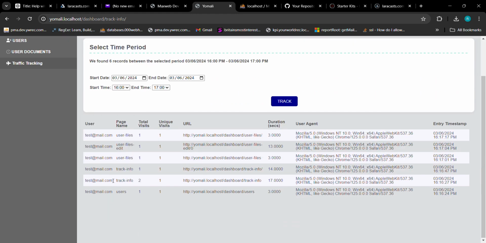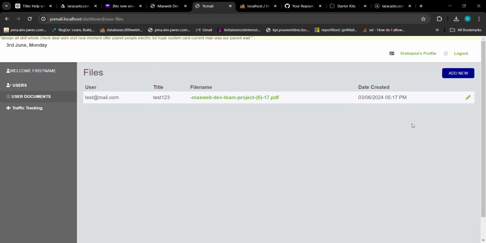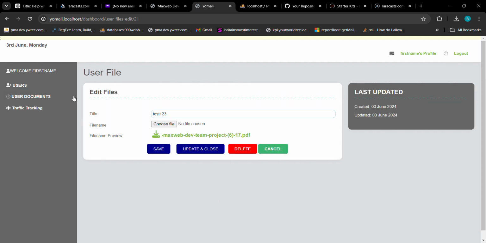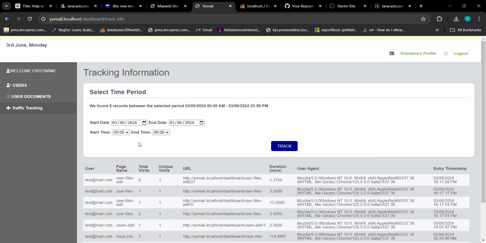Now the time, so it's giving everything for today. So let's filter this by 4, and then the entry is 5. So we went to the user files, there is an entry there, and we also have user files edit, which means we created one. Now if we go back to the user files, this should give 1 count, and go back here, add,